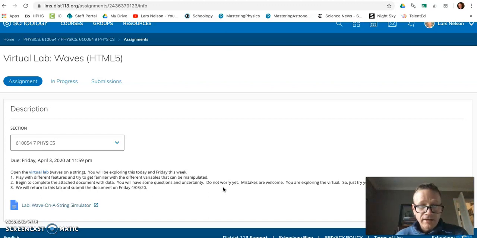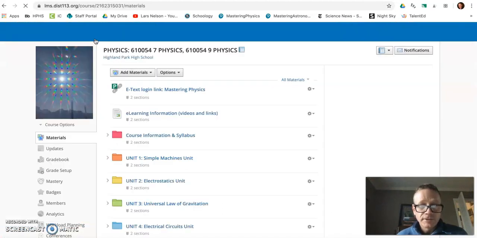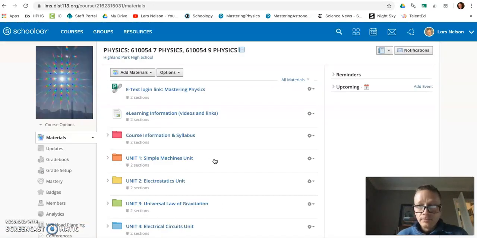And I know not everybody was able to see this attached document here, so I put a link to the lab document. That document, if you can't open the attachment as a Google Doc or you can't see your Google Drive, that's okay. What's important is that you have the URL address of the virtual lab, because today I've simplified things. If you go back into our physics homepage, there are